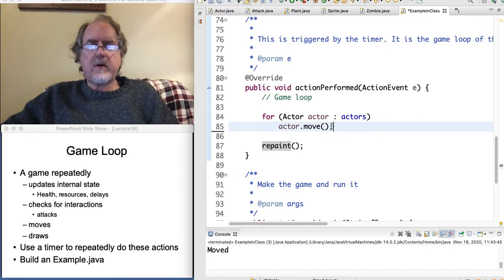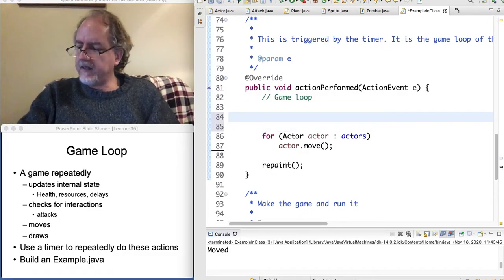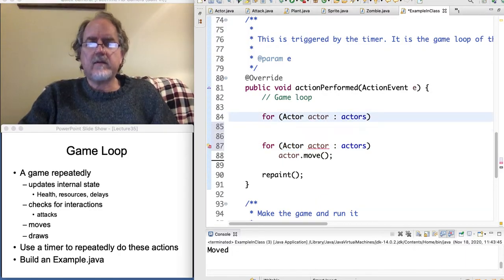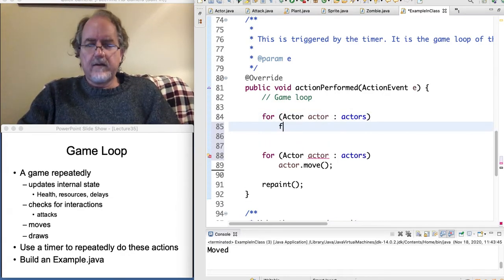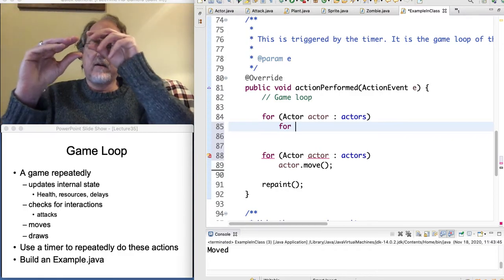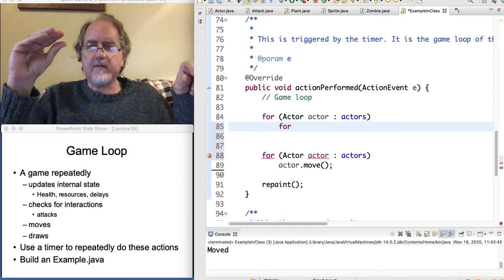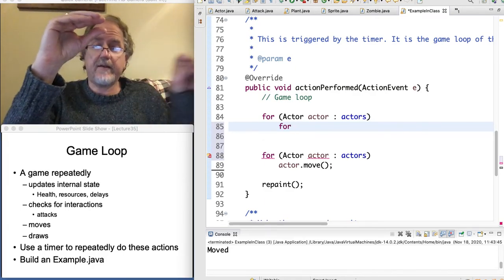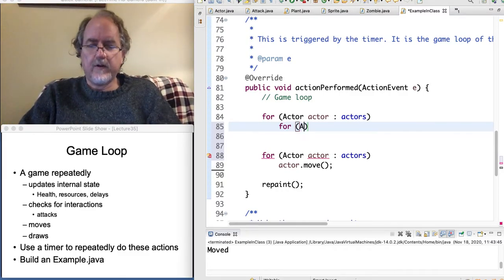Now, I'm not supposed to move when I hit the plant, and for that I need to update the collision status. Almost all the steps here involve some sort of loop over the actors. In this case I need to compare the first actor against all the other actors to see if I'm colliding with them, and then the second actor and compare it to all the other actors, as long as it's not itself, it's not another zombie, and so on. So I'm going to loop over actor again,